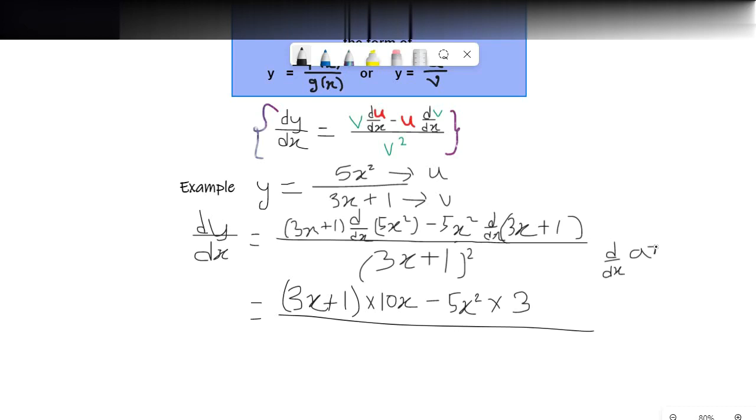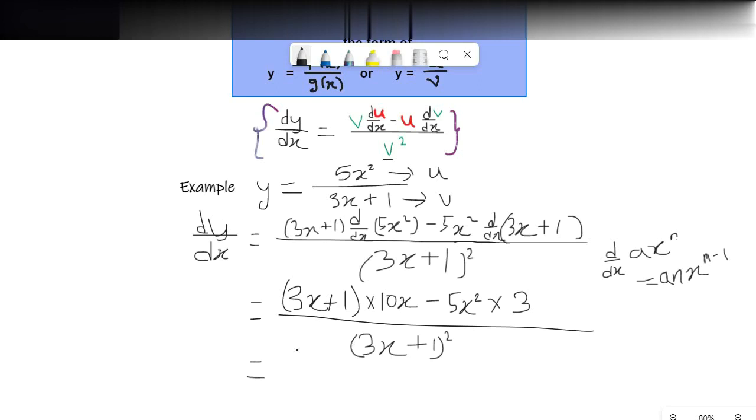The derivative of ax to the power n will be equal to a n x to the power n minus 1, which was discussed broadly in our first video. So the remaining part is dividing the whole expression by 3x plus 1 whole square, which is the v,